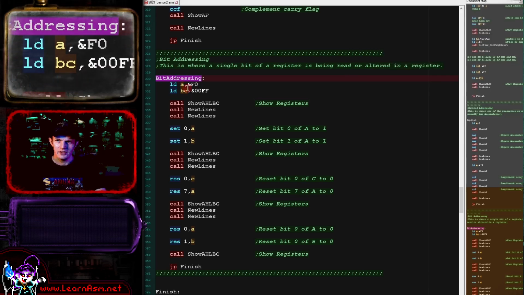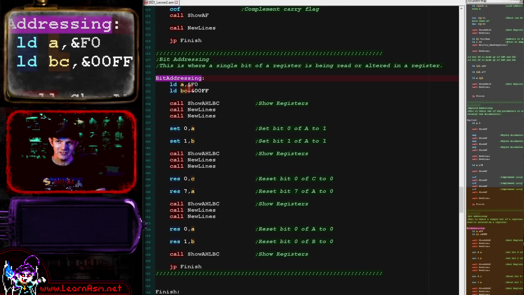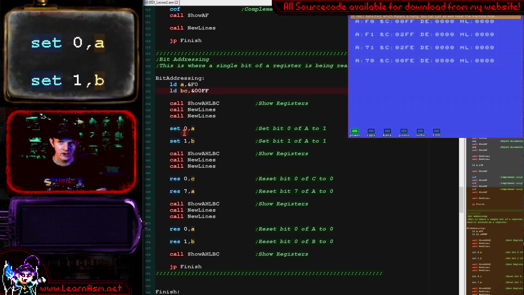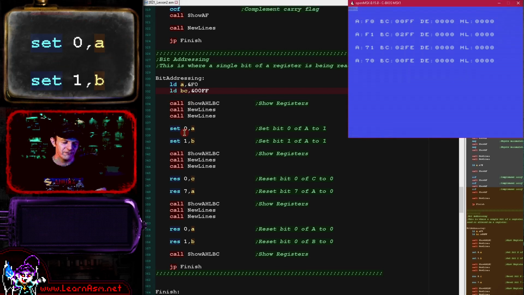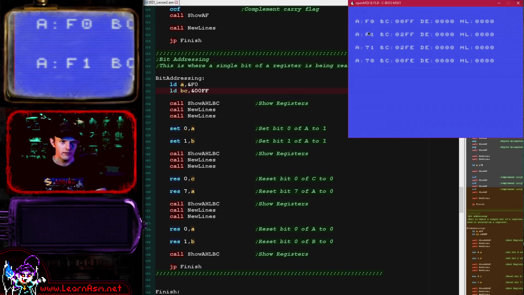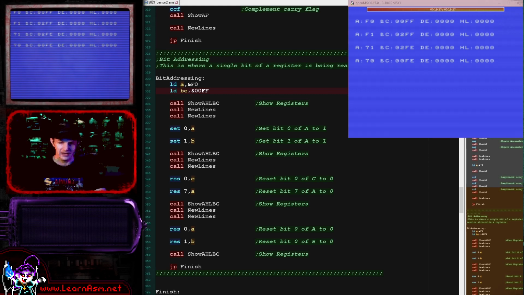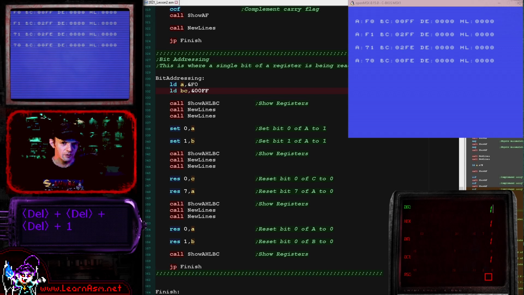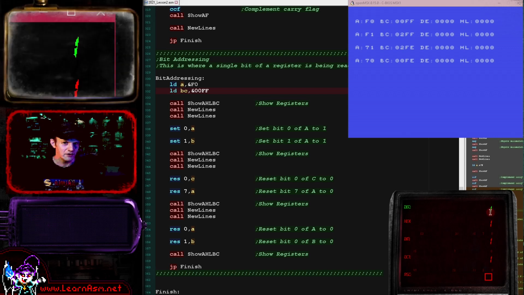So here we're going to load the accumulator with F0 and the B register with 00FF, and then we're going to do some bit level commands on these registers. Here we're going to set bit 0, which is the least significant bit, the bit on the far right effectively, of the accumulator. And this is going to change our F0 to an F1. Now, of course, if we just get our calculator up again and we load in a value of 1 here,